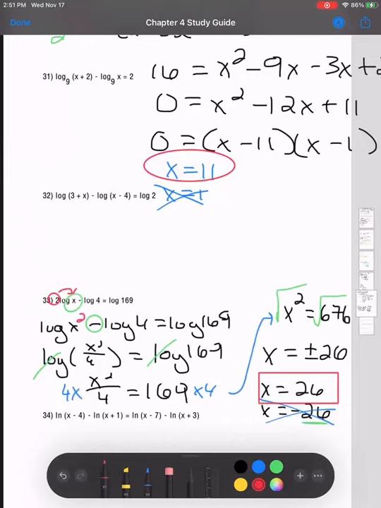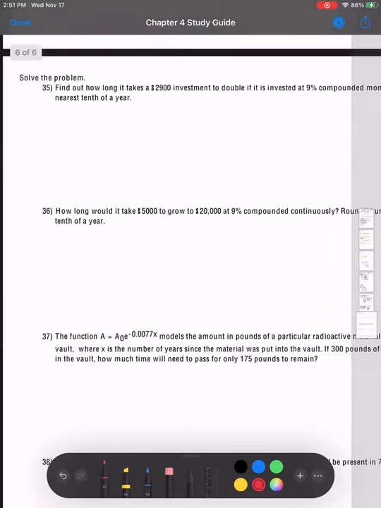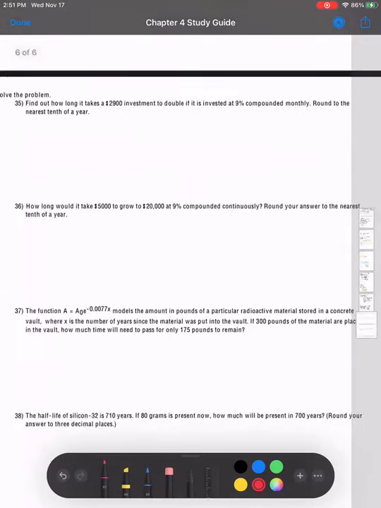Okay, so then your next problem is going to be 37. Number 37 says the function A equals A0 e to the power of negative 0.0077x models the amount in pounds of a particular radioactive material stored in a concrete vault, where x is the number of years since the material was put into the vault. If 300 pounds of the material are placed in the vault, how much time will need to pass for only